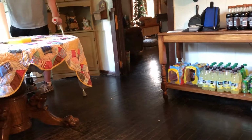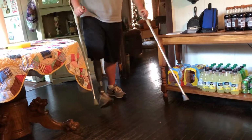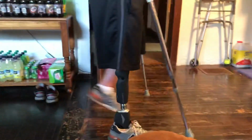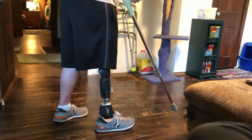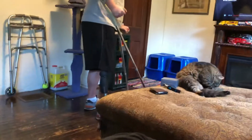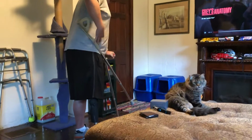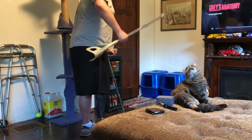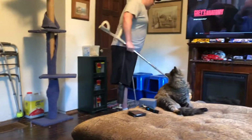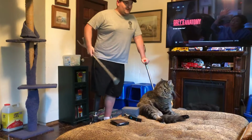And again, I really don't even use this right one, but just having it in my hand makes me feel so much more comfortable. I mean, it's mind over matter, because if I set this down right now, I couldn't walk that great. I've even gotten to where sometimes when I'm walking, I'll just carry it in my hand like this, so that if I do screw up, there's nothing I can do with this that's going to help me, but at the same time,